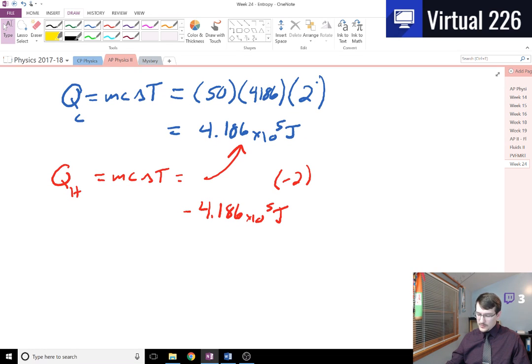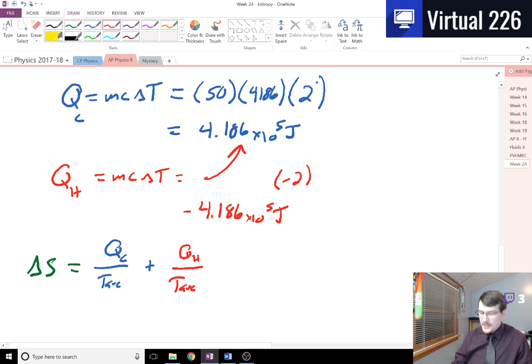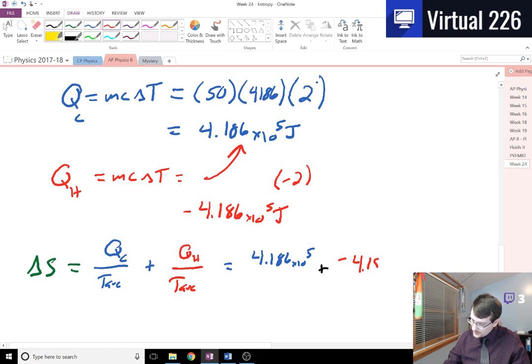So at this point, we just have to take Q over the temperature average, add them together, and be set here. So to find this total entropy, we need to take QC over the temp average, and then add it to the hot over the average temperature. When we do this, we get 4.186 times 10 to the 5th, and then this is going to be adding a negative quantity of 4.186 times